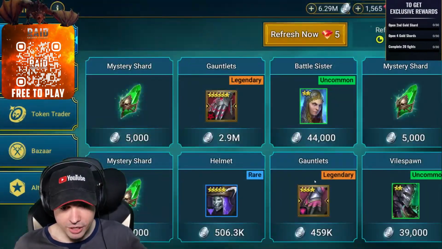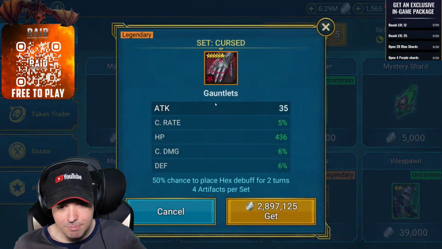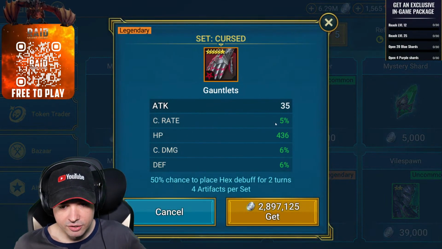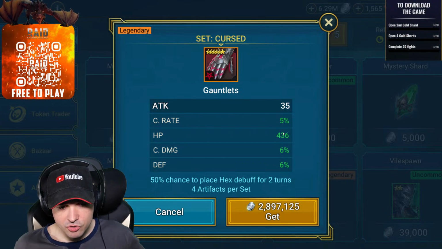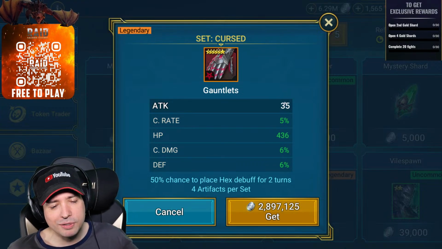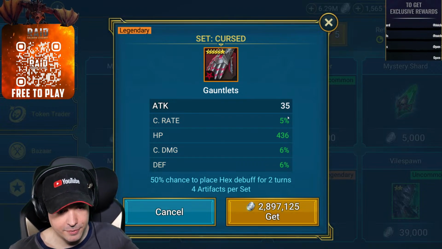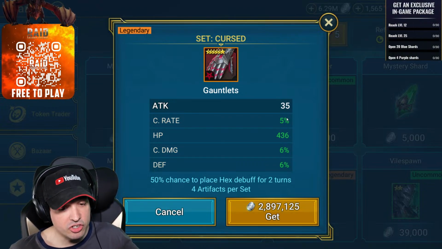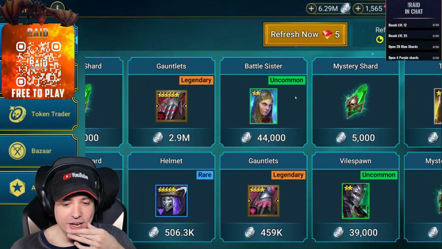So let's see what's in the market. Is there anything? Oh, wow. Dude, this thing costs 2.9 million? Jeez, I've never seen such a good item in the store. 35 attack, 5% crit rate, HP, crit damage, defense. If this was speed, I would completely go for it. Or maybe if it was attack percentage based, or HP percentage based, I would probably go for it. But this way...